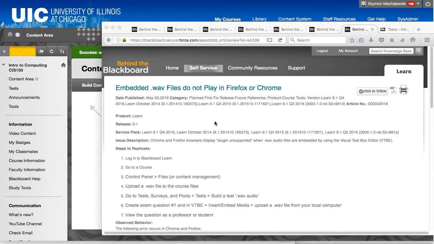Welcome. Today we'll talk about a new reported problem with Blackboard Learn, specifically the handling of audio files. Audio files are often generated as exports from video files, or in language arts classes, these could be the main